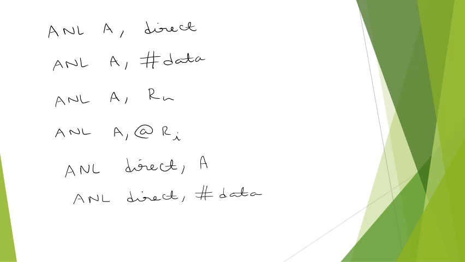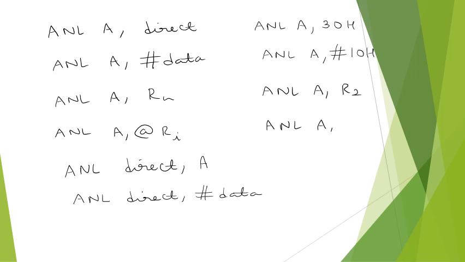So an example we can have is ANL A, 30H. So direct address is 30H. It is direct addressing mode. And then ANL A, hash 10H. So 10H is the value. So this is immediate addressing mode. And then ANL A, R2. This is register addressing mode. And ANL A, at RI. This is register indirect addressing mode. And